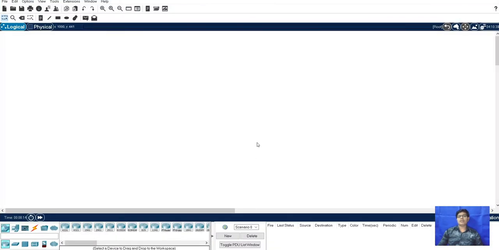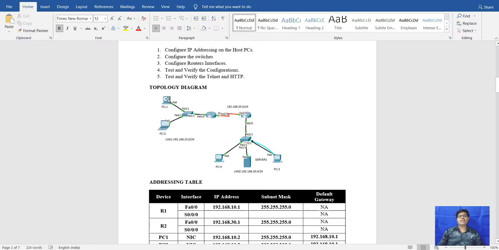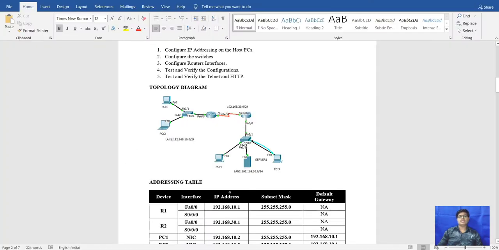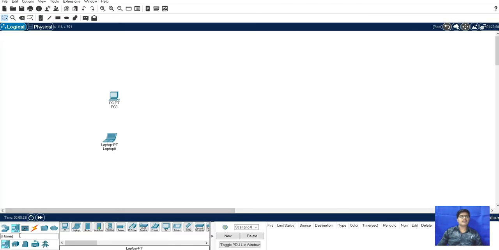So we will go to our Packet Tracer now. Here first we have to take one PC and a laptop. For that, we go to end devices and take one PC and one laptop. Next, we will need a switch. For that, we go to switches and take a switch here.